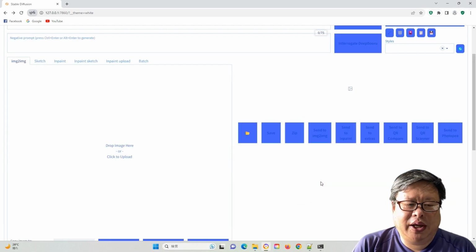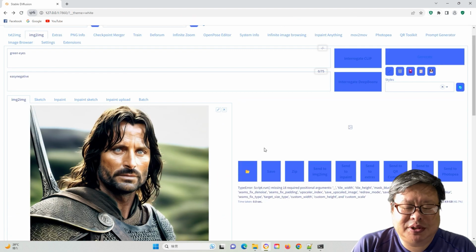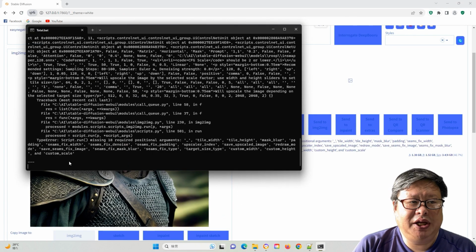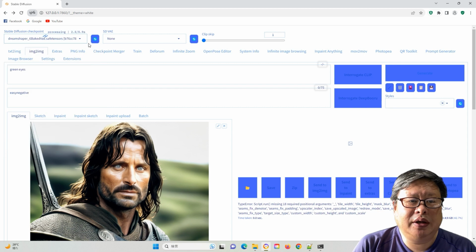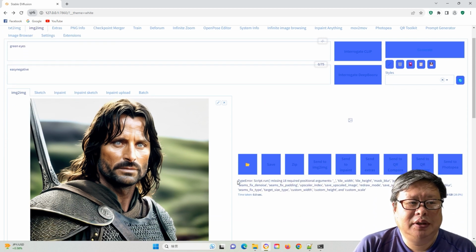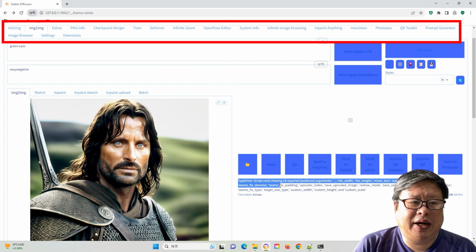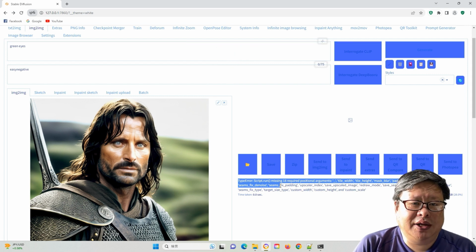However, when I try to use image to image as before with the same parameters, it fails to proceed. Even if I change the mode to an older one like DreamShaper, it still doesn't work. The additional extensions seem to conflict at some points. As we loaded too many extensions, identifying the problem's area may be challenging.